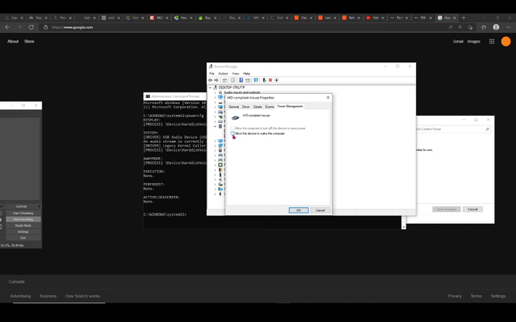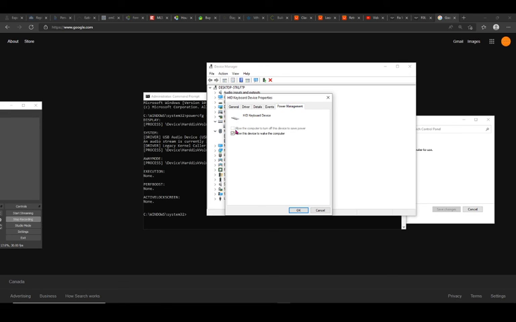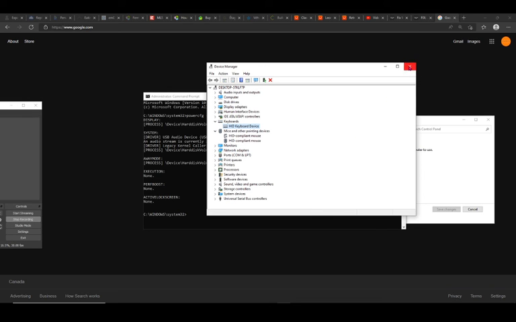Basically, when you check this box, you can wake up your computer by clicking on the mouse, but sometimes optical mice will just activate themselves for some reason. So just uncheck this box and you will wake up your computer by simply pressing any key on the keyboard. Just be sure that you let the keyboard wake up your computer. So make sure you have this box checked for the keyboard, so you can wake up your computer using your keyboard.